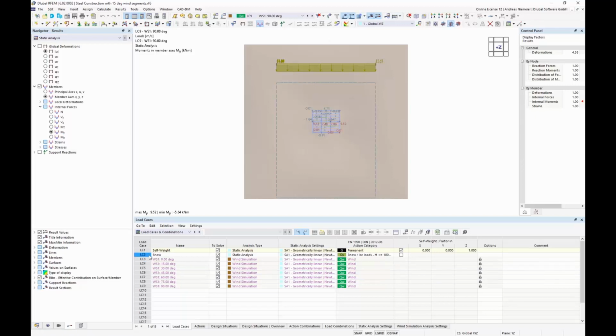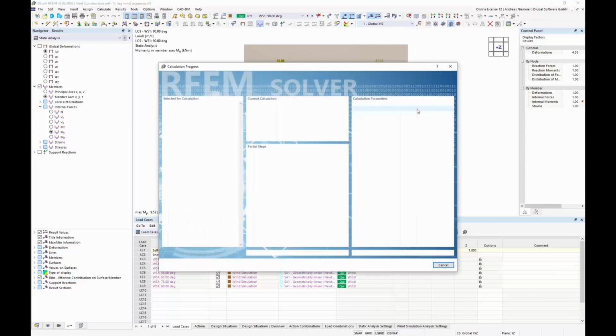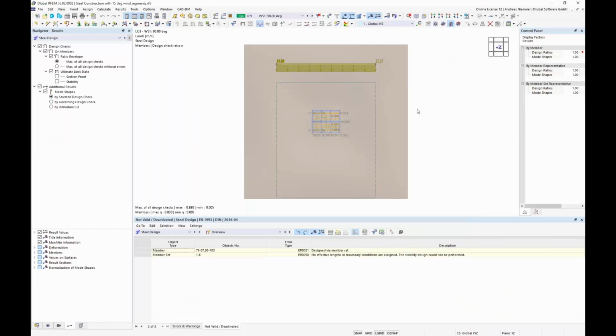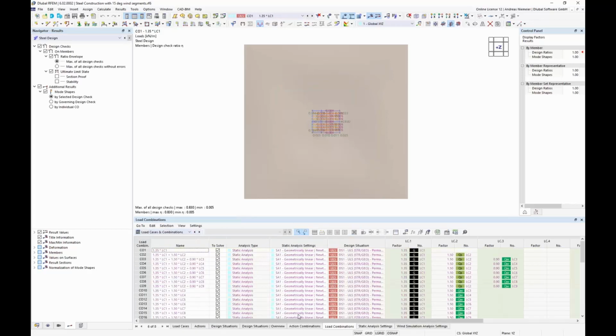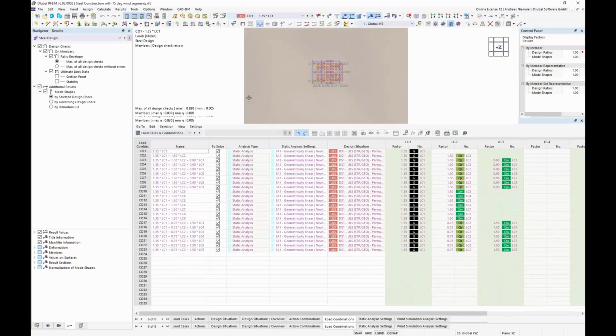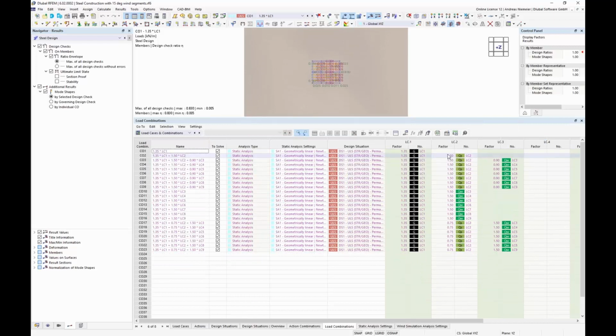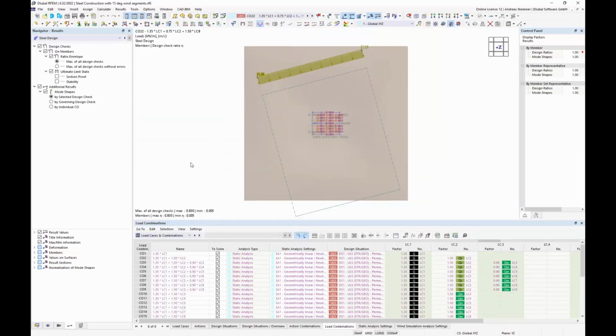And if we, let's say, go now into a calculation of all or calculate steel design, then the program updates the design. Of course, if you check load combinations, you see the program is checking maybe with snow as leading, then with wind as main force, and with wind as leading. All situations will be combined together